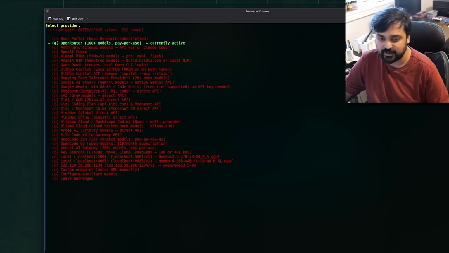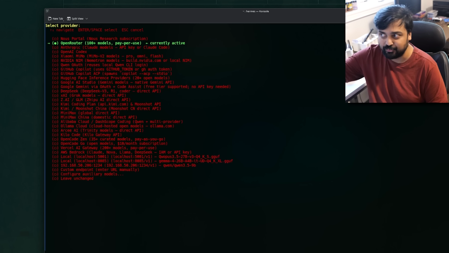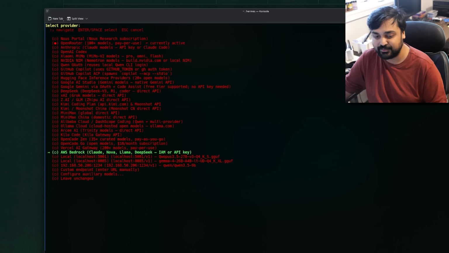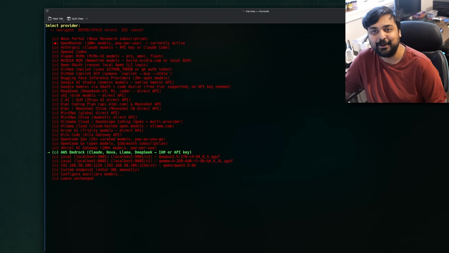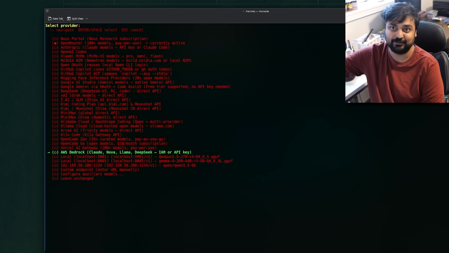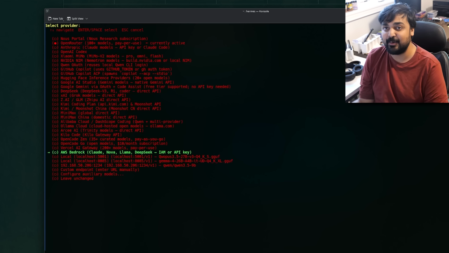You can connect it to things like OpenRouter, which plugs you into hundreds of models and you pay basically by the use. And a lot of this stuff is basically like buying gas for your car. When you go by the per usage model, you basically buy like 30 bucks of tokens and you can use them however you want.